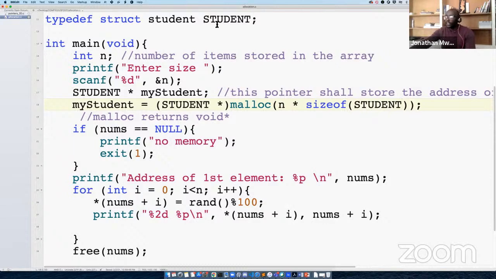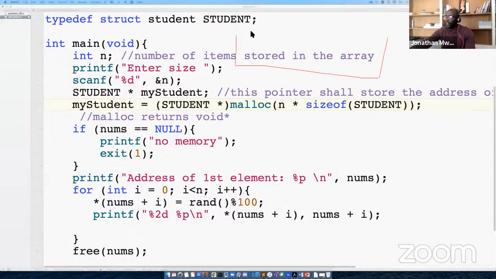The only major difference actually is that if we were to draw the array like this, every block here is made up of 8 bytes, 8 bytes, 8 bytes, 8 bytes, or as big as the number of member variables that we have in the struct. Does it make sense?